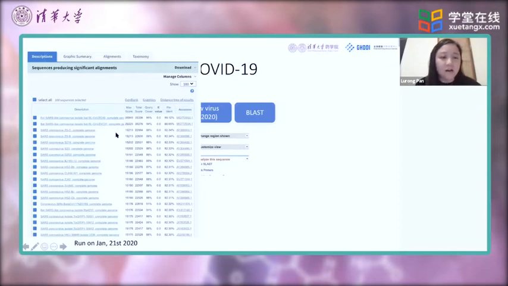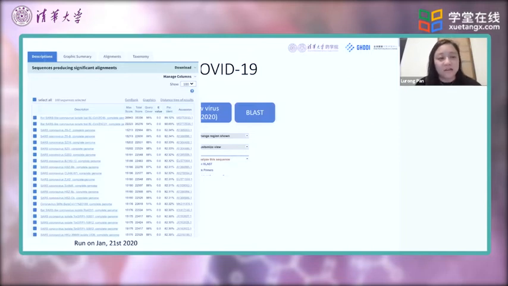At the time it was completely new, so the closest species it could find was a bat SARS-like coronavirus, with about 98% identity. The second closest was the SARS coronavirus, at about 82% identity. But based on that, it is already very close to SARS.